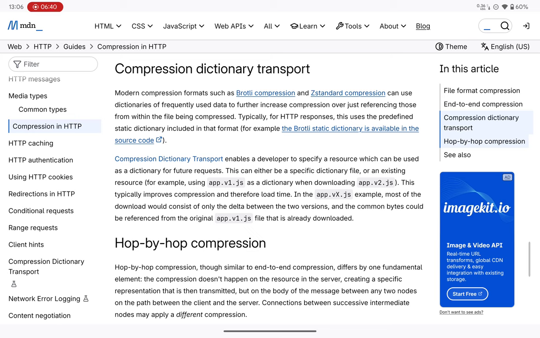Compression dictionary transport enables a developer to specify a resource which can be used as a dictionary for future requests. This can either be a specific dictionary type file or an existing resource. For example, using HTTP v1 JS as a dictionary when downloading HTTP v2 JS. This typically improves compression and therefore load time. In the HTTP v2 JS example,